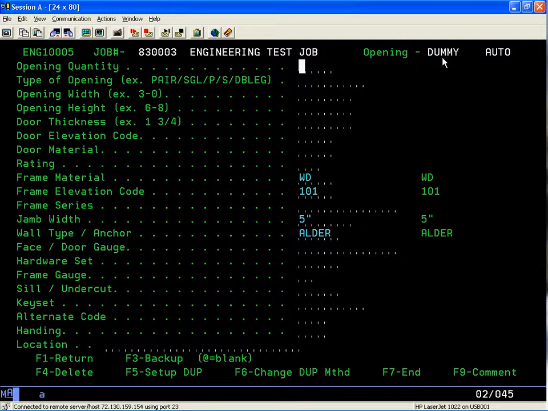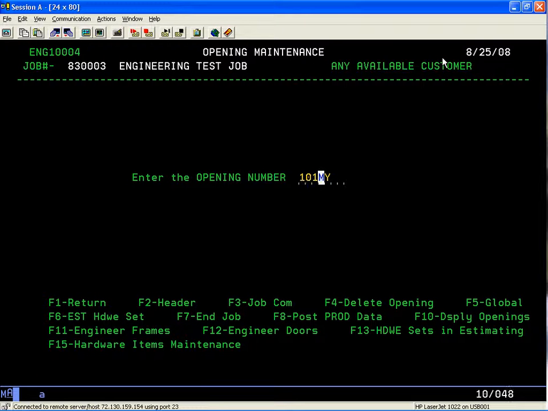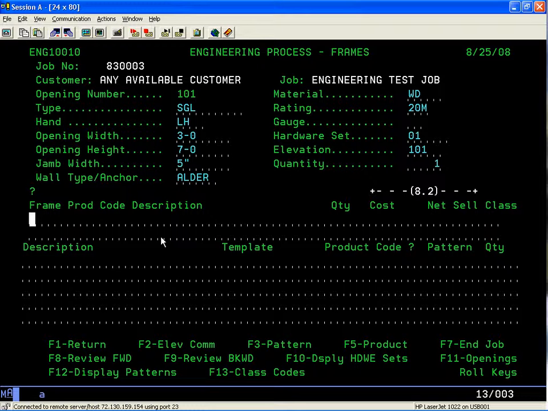So I'm going to F1 to get out of it. I'm going to key in opening 101, and now I'm going to engineer it. So down at the bottom here it says F11 to engineer frames. So I'm going to do an F11, and in the F11 on the